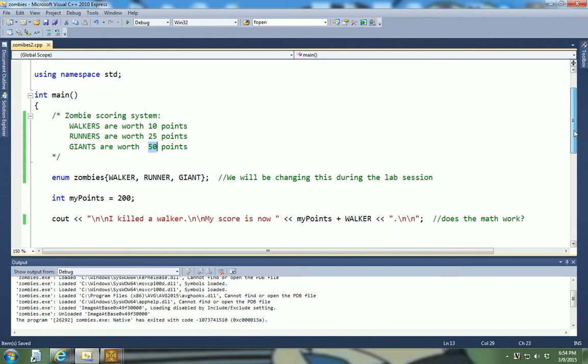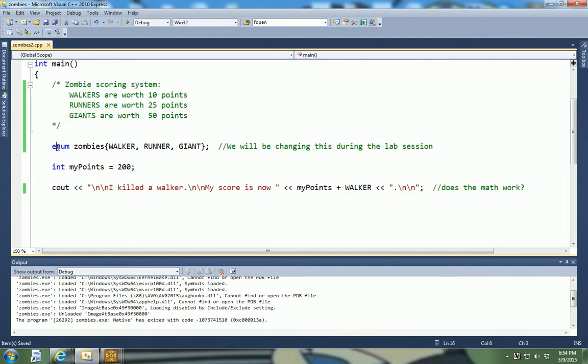I have my enumeration here. It starts with the keyword enum, my collection, which would be zombies, and then I have walker, runners, and giants in here. And I'm not limited to 3 items here. I can have more than that. I can have 100 items if I wanted to. We're just going to limit it to 3. And as the comment here says, we're going to be changing this during the lab session, because we're going to go through, find out why this way doesn't really work,